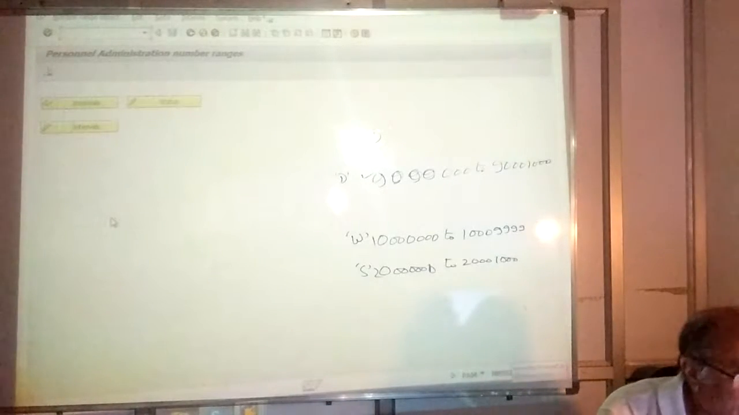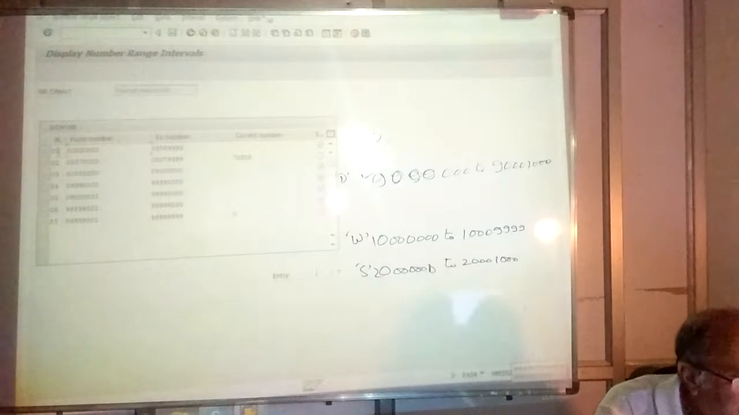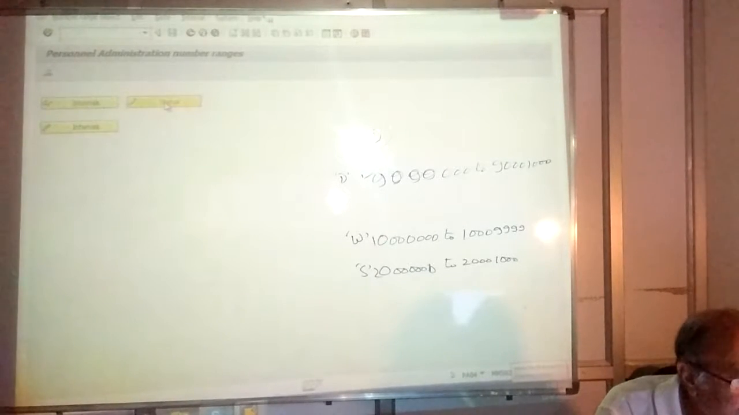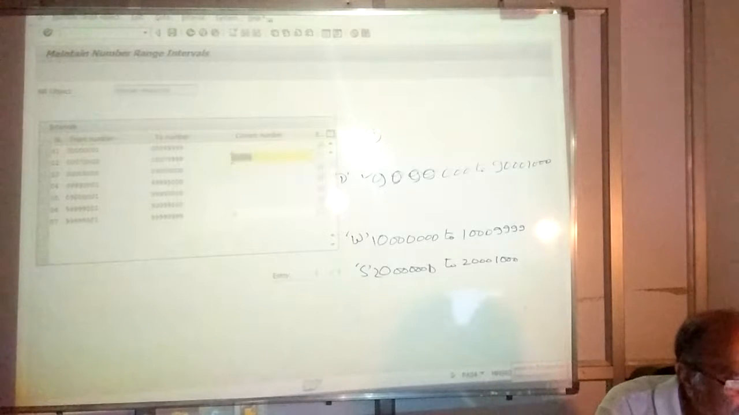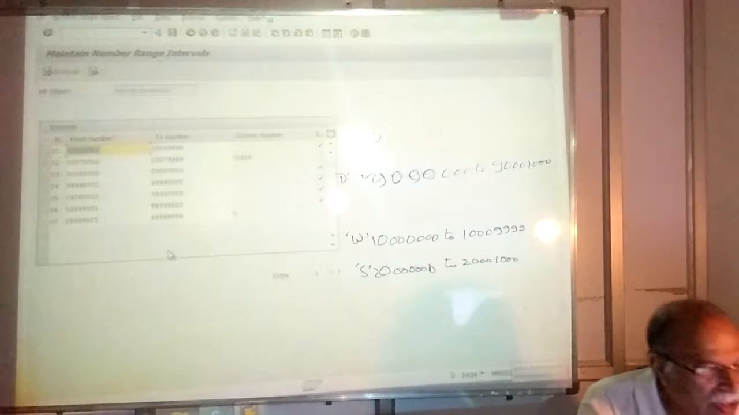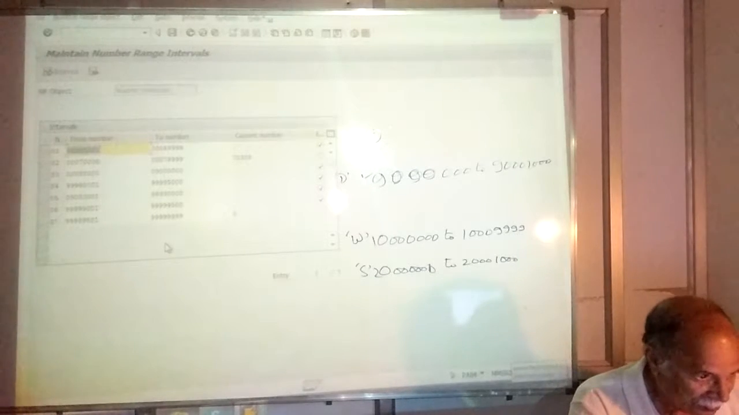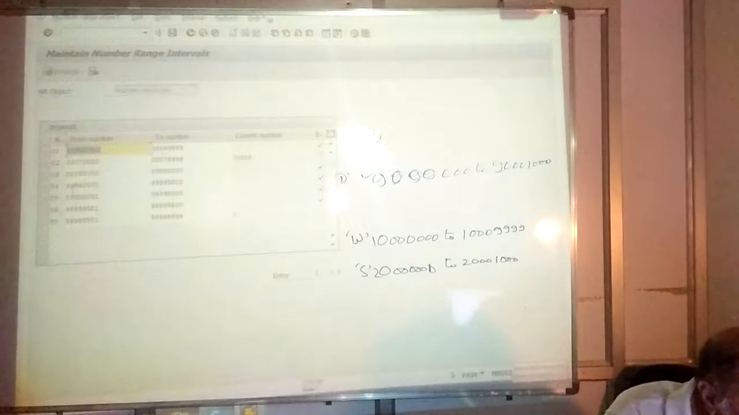See here, intervals. Suppose you click here. These are the intervals running, and what is the current number? If you say status, this is the status, current number. And now, if you say intervals, you can create intervals now. What did we think of for our intervals? We said, sir, our interval should start from 9. 900. I can change this to